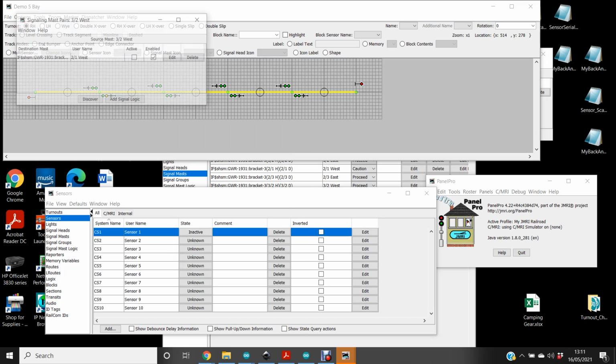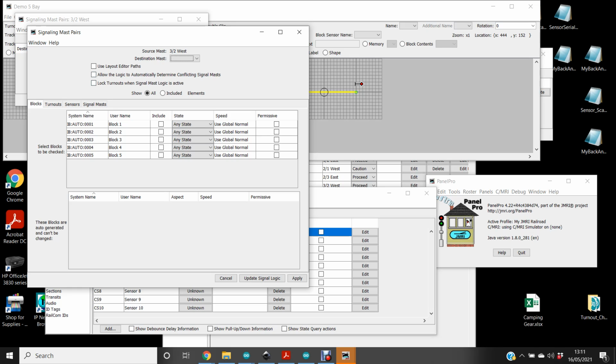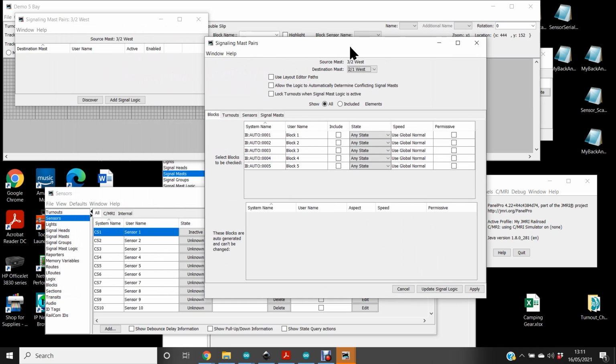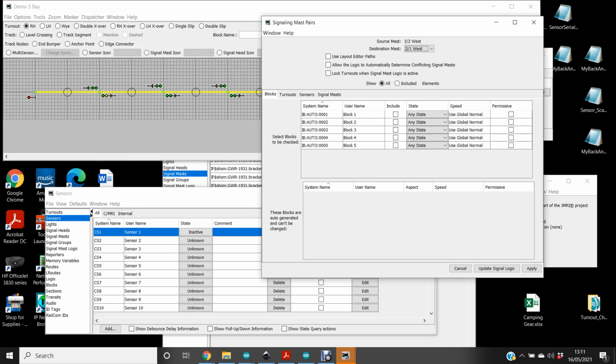We'll go to signal mast logic. I'm going to delete that one, and I'm going to do it manually. So we're going from block 3.2 to block 2.1. Let's move that out. Close that. So we're going from this block mast to this block mast. It's 2 to 1, and we'll use